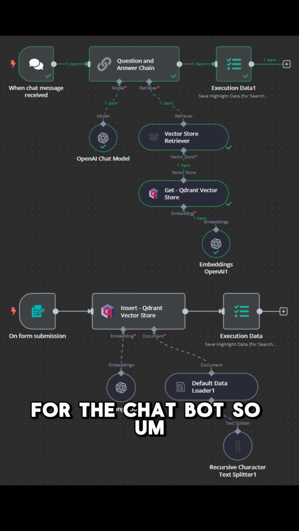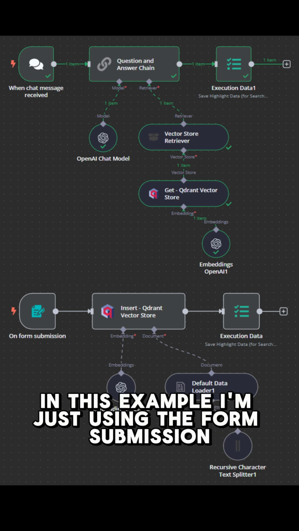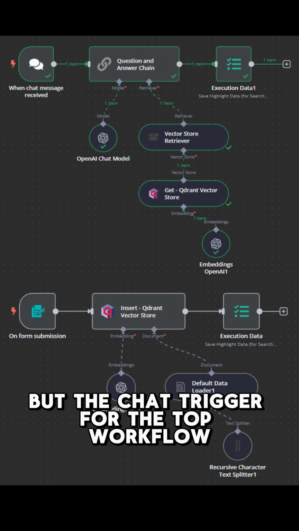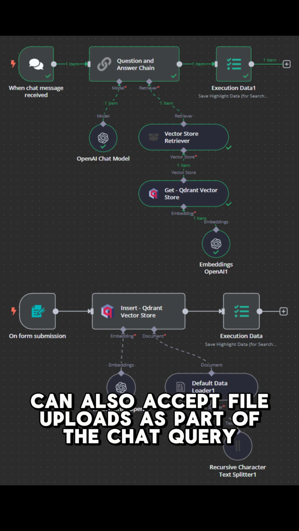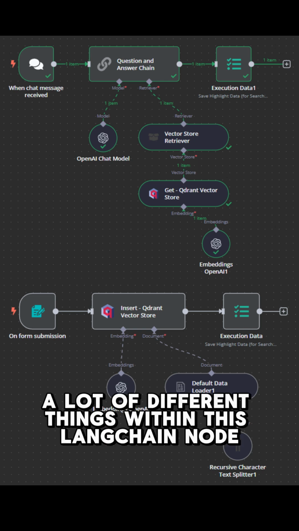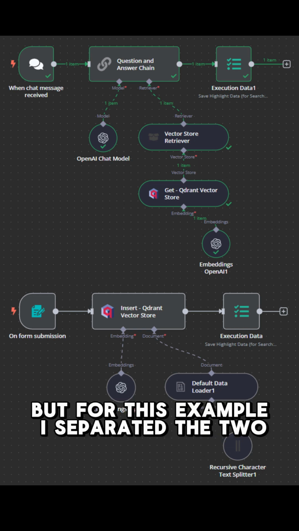So in this example, I'm just using the form submission, but the chat trigger for the top workflow can also accept file uploads as part of the chat query. So you can do a lot of different things within this LangChain node, but for this example, I separated the